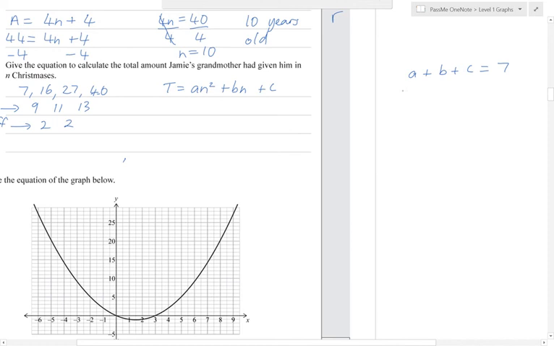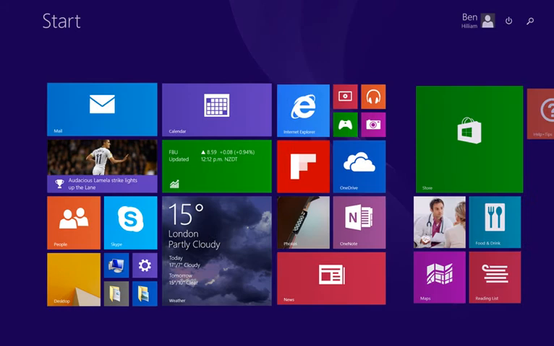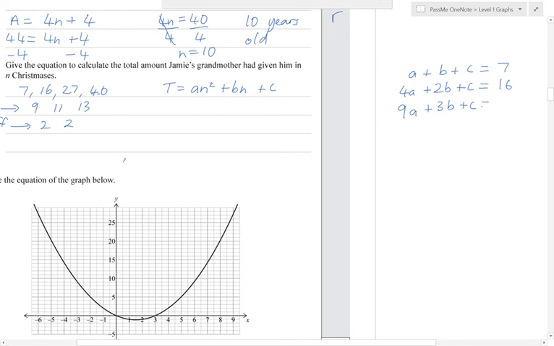Then we put 2 in for n, and n squared is 4, so we get 4a, and n is 2, so we get 2b plus c, and our next total is 16. And then we put 3 in, 3 squared is 9, so I've got 9a, and 3b and c equals 27. So we've got 3 equations here that we can solve by elimination. So I'm going to go equation C minus equation B. So that gives us 5a plus b equals 11,